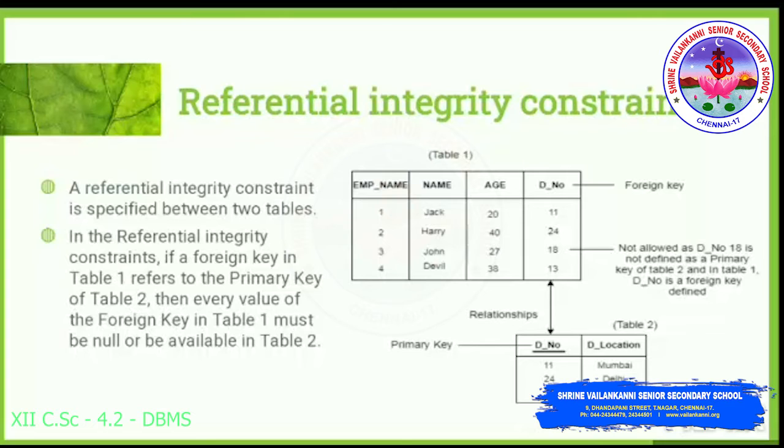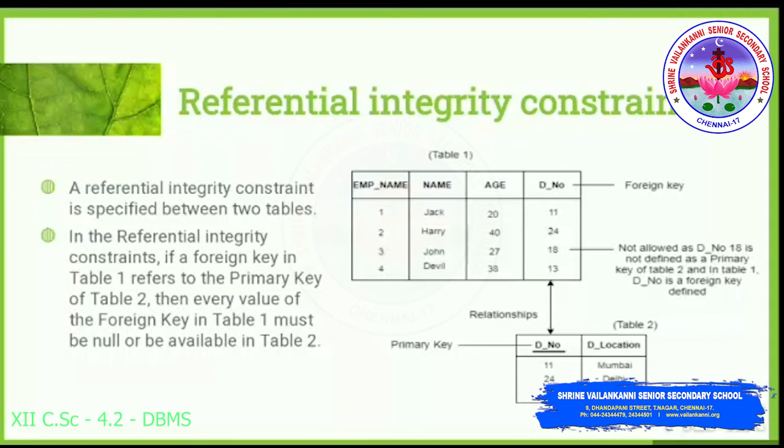So, let me explain this clearly. Table 1 is there, table 2 is there in the given diagram. Here table 1 has a foreign key D underscore number. Table 2 is also having one column D underscore number, which is a primary key.